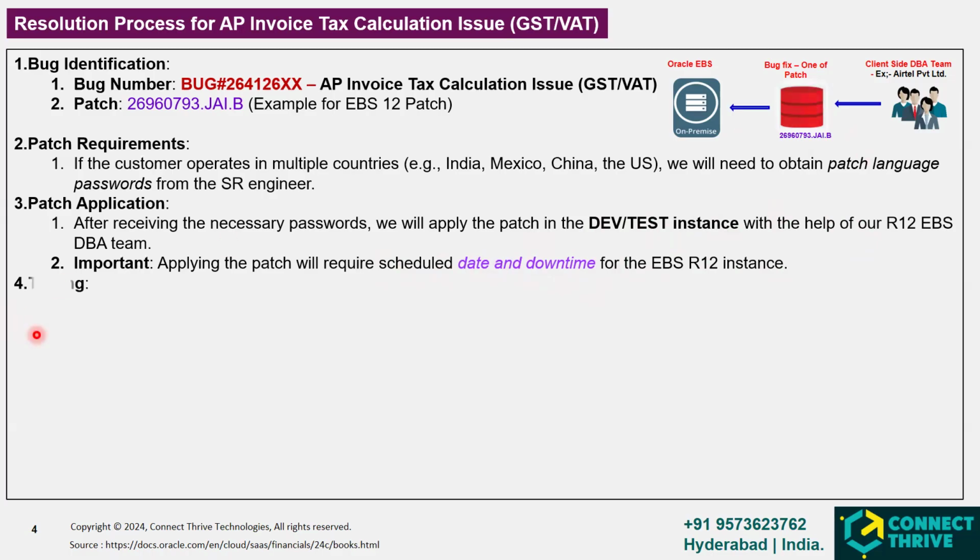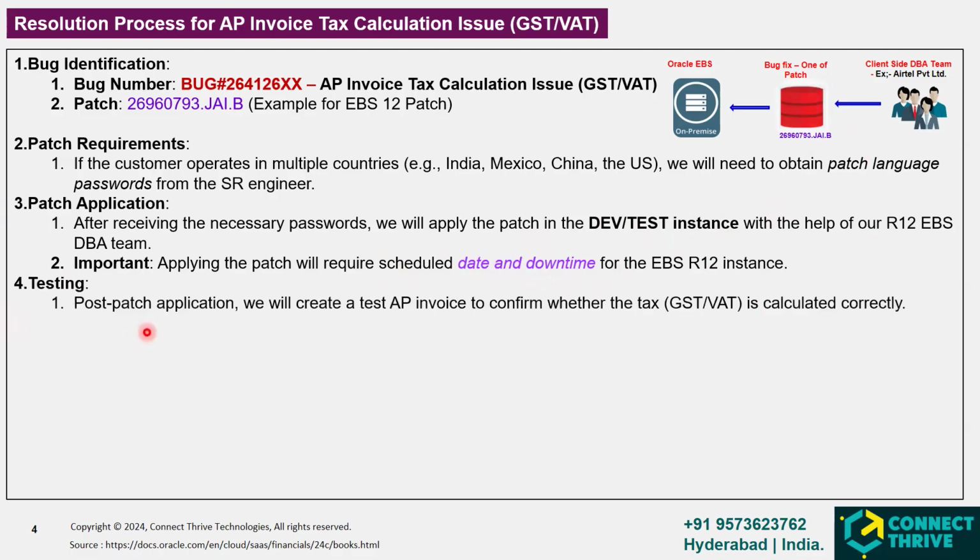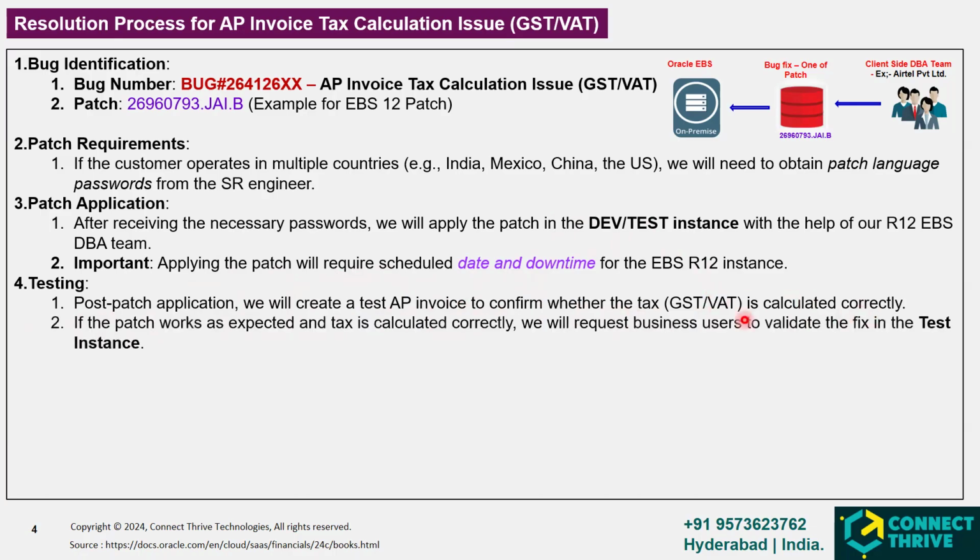Next, the testing process. Post patch application, the DBA team will confirm by mail that the patch is applied over the test instance, and ask you to perform the testing and let them know the test results. Like that, they will send a mail internally. Post patch application, we will create a test. Again, we have to test on the AP invoice whether tax is calculating correctly or not. If the patch works as expected and tax is calculated correctly, we will request our business user to validate the fix